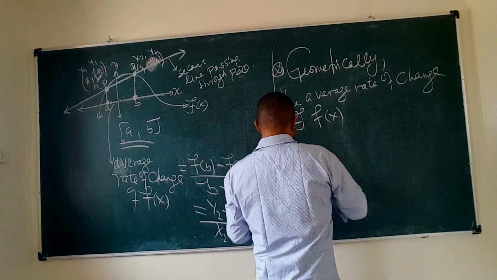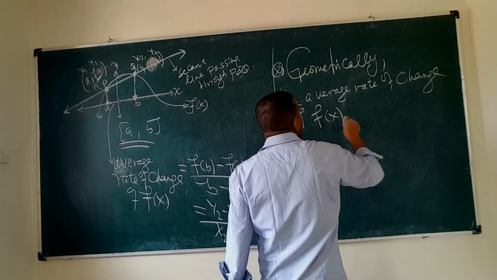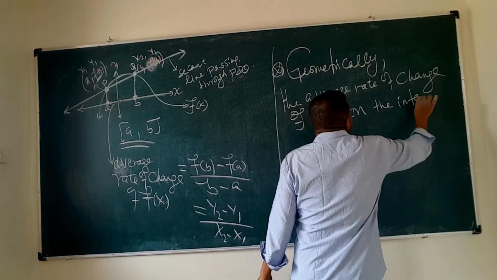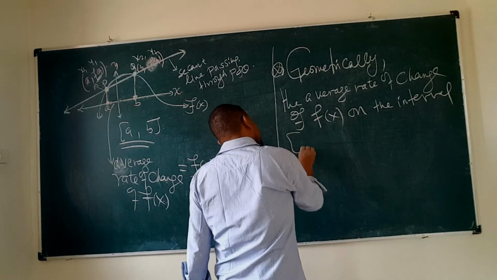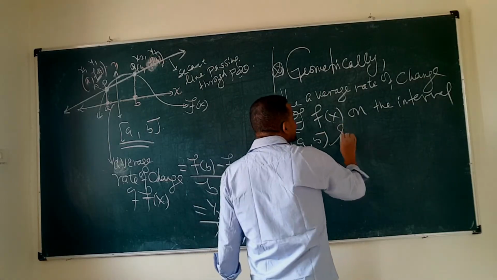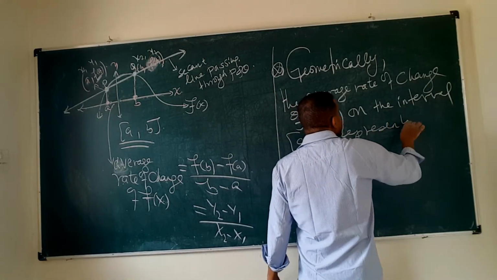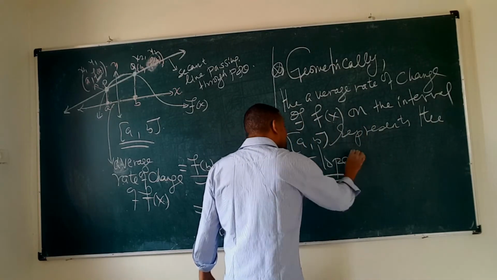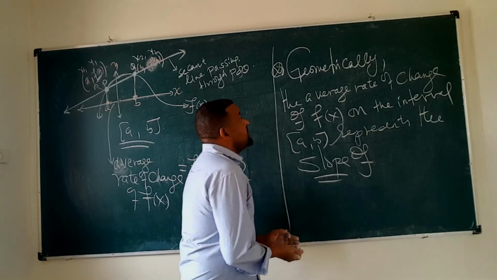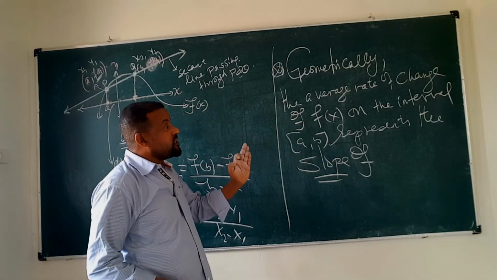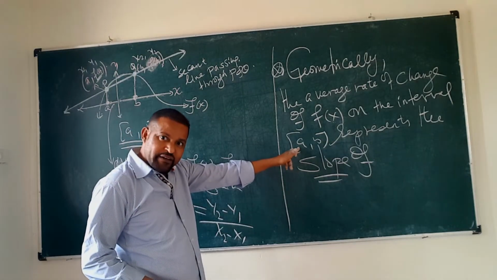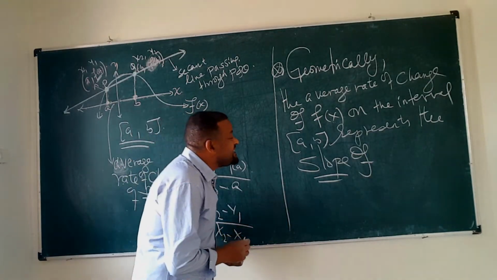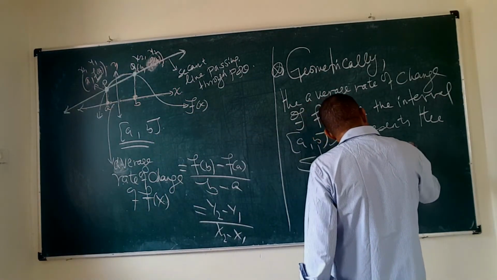Geometrically, the average rate of change of f of x on the interval a b represents the slope of what? Of course, the interval must be specified, for example between 2 and 3, or between 4 and 5. It represents the slope of what, a secant line